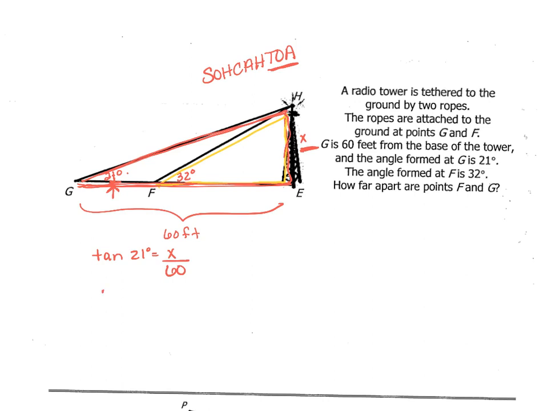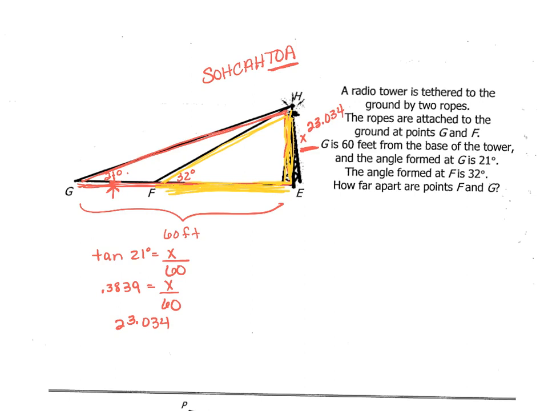and that is 0.3839 equals x over 60, and then multiply both sides by 60, so 0.3839 times 60 is 23.034. So that's this length right here, 23.034. Now I'm going to switch to the yellow triangle, and now I know that vertical side, so I can